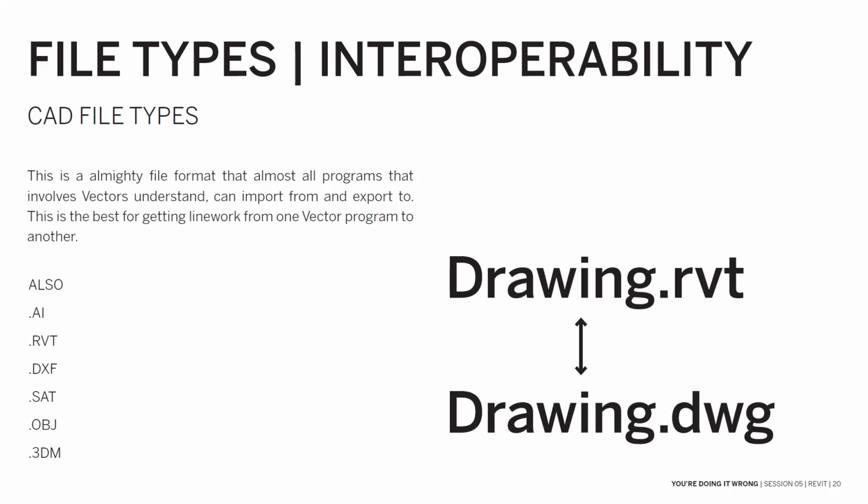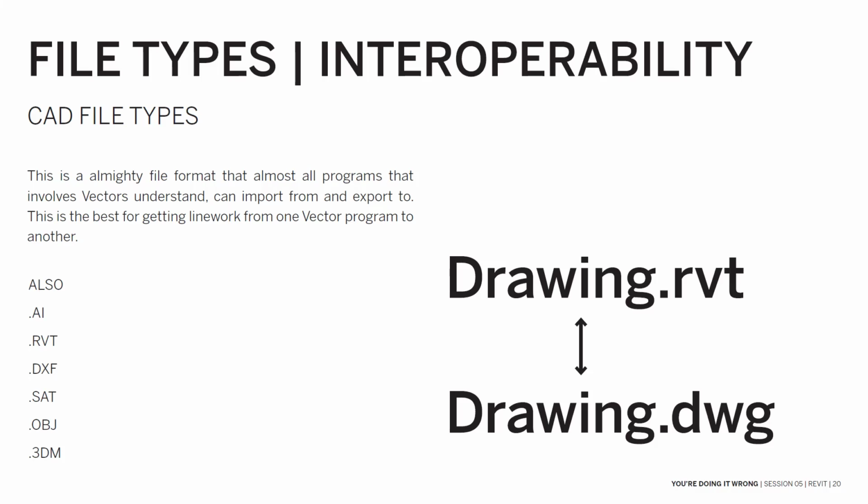So if you're working, and this is very important to stress, if you're working in, let's say, Revit 2020 just came out, and you try to open that Revit 2020 file in Revit 2019, it will not work. Revit 2020 will import 19 and earlier, but you cannot open a 2020 file in a 19 or 18 program. So always pay attention to what program you're opening Revit files in.